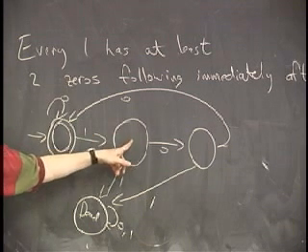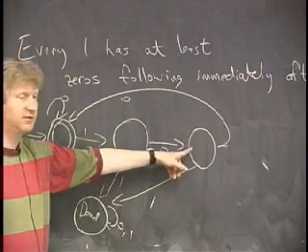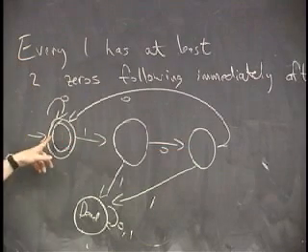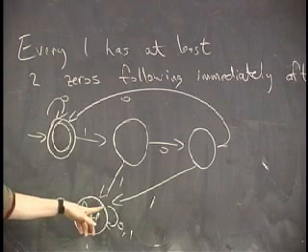This is not an accepting state because we haven't seen the 2 zeros. That's not an accepting state because we haven't seen 2 zeros. That is an accepting state because we have, and that's a dead state. All right, so